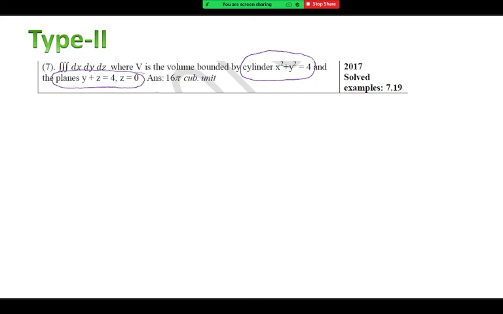From this, you should first find the limits for the variable z and evaluate the integral with z first. Nearly every example we can do like this: integrate first with respect to z, so we do the integration as dz dx dy. Can you find the limits of z from these equations? There is no need to draw the solid. Instead of drawing it, just look at the equations and find the limits for z.